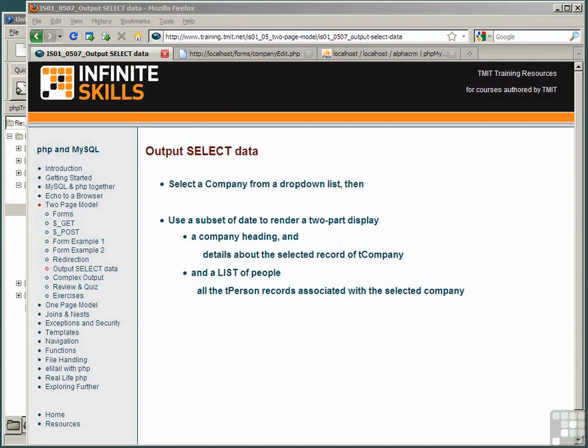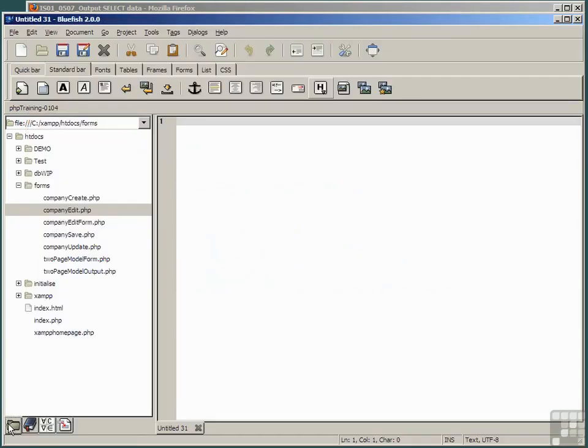The output page will need to contain information about the company at the top, and under that, a list of the persons from the table tperson who are associated with that company by having its ID in their company ID field. Finally, we'll create a link to this new process on our home page. Implementing this, load the file